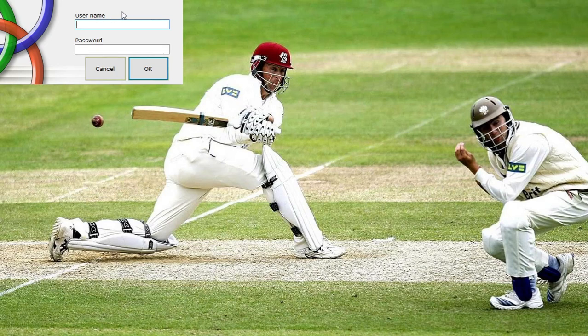Here you need to log in. In order to log in, you have to use admin, then admin, and then click OK. So therefore you can log in here. If you give the wrong password, generally it will show you the message that the password is not correct or user ID not correct. So you need to give the correct user ID and the correct password.